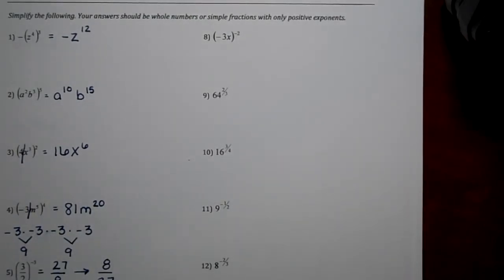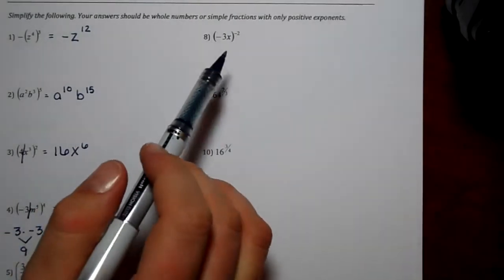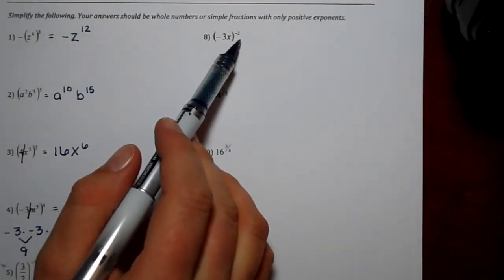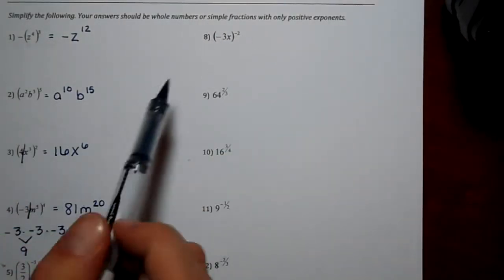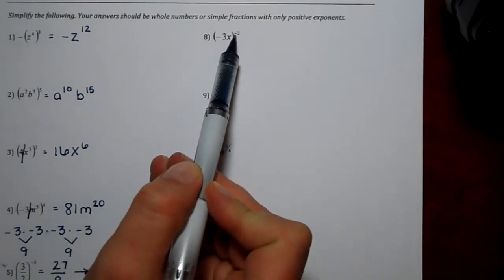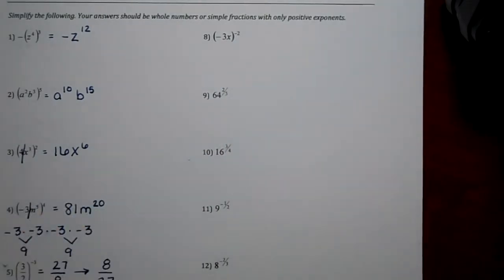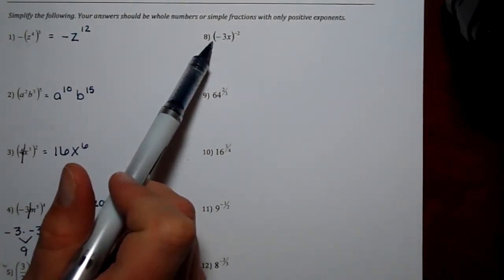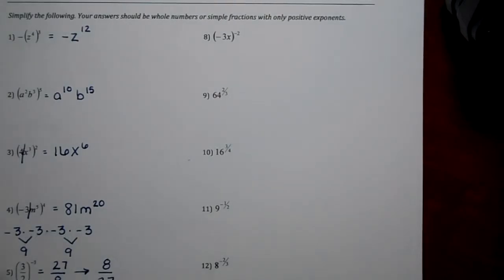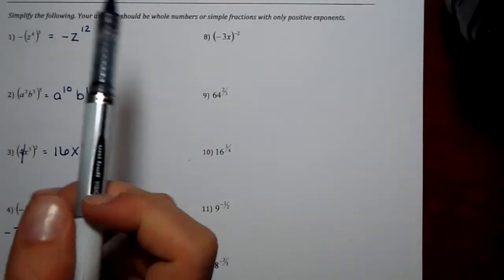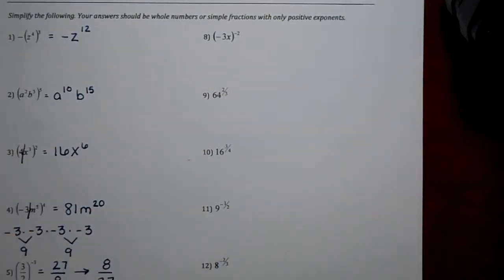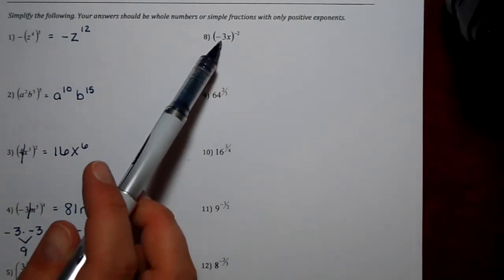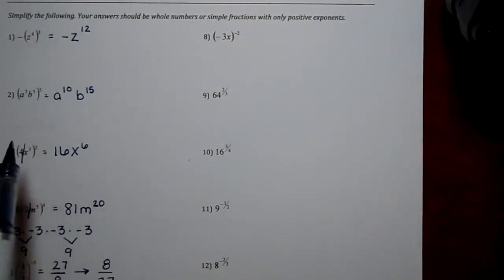Okay, question number 8 wants us to take negative 3x and raise it to the power of negative 2. Just like I said previously, this negative on this exponent we are not going to worry about yet. We'll worry about that at the very end. Now that negative is totally different from this negative. They mean two totally different things. A negative exponent means that your answer is going to flip over at the end. This is just a negative number, and we're going to treat it like a negative number all the way throughout